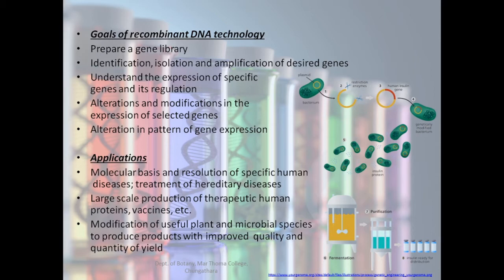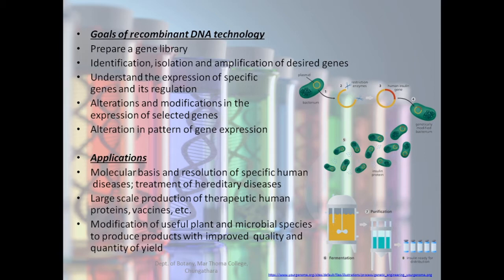The various bases on which different diseases are caused in human beings and other animals are understood clearly, and we can also give treatments to certain hereditary diseases. So diseases caused by mutations or defects in genes can be treated properly and effectively these days by this rDNA